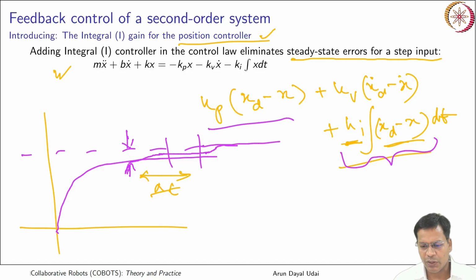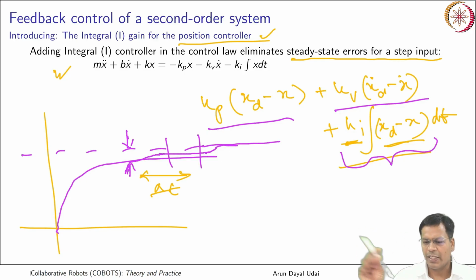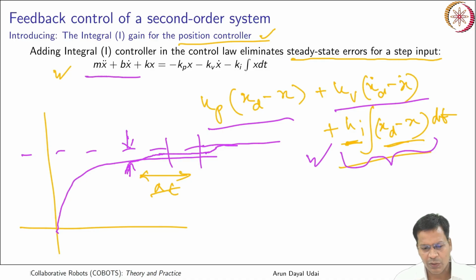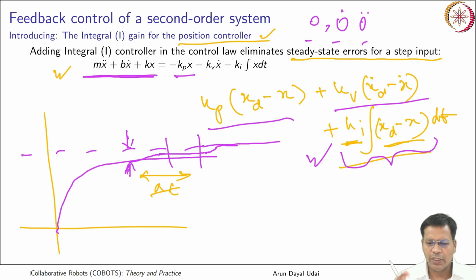So this can make your system critically damped and take it very near to the target, but the steady state error that remains can be removed by this gain, that is the integral gain. This time my system equation can be written as this, the dynamic equation of motion for your system with the force input. So how much is the correcting force? It is Kp into x. I assume I am tending to go to 0 values: 0, 0 dot and 0 double dot, that is the 0 position, velocity and acceleration. That is what I want.